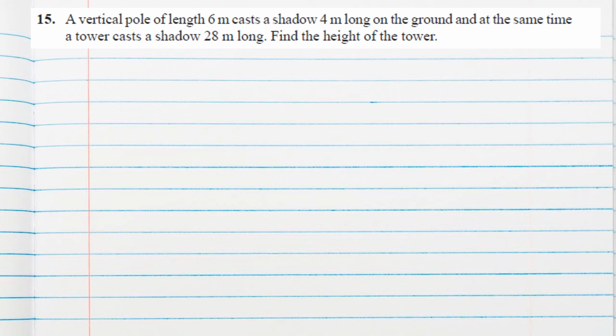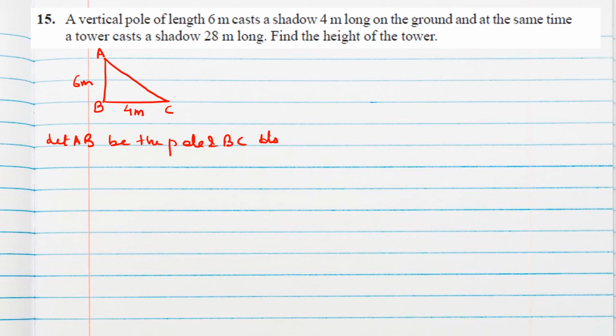Question is, a vertical pole of length 6 meter casts a shadow of 4 meter long. So this is the pole, suppose 6 meter long. We can consider AB and BC as a shadow 4 meter long. So let AB be the pole and BC its shadow